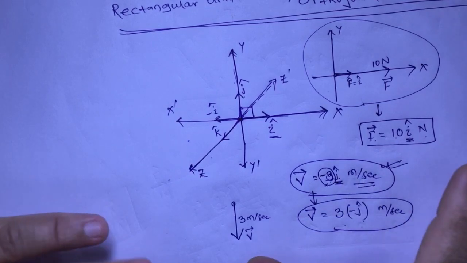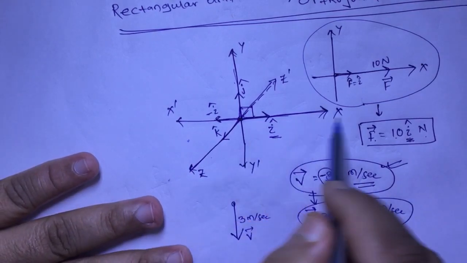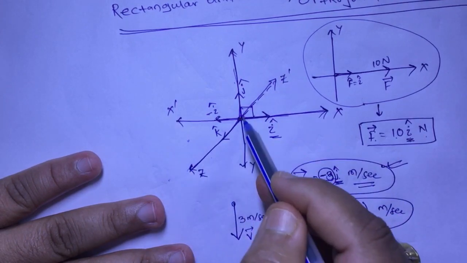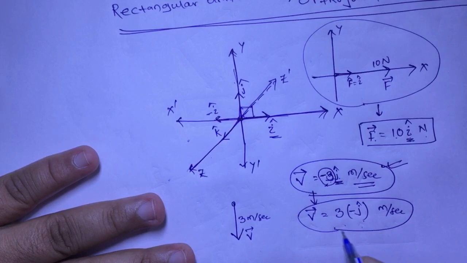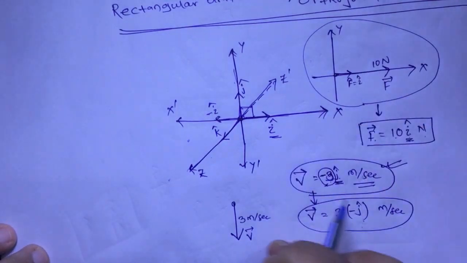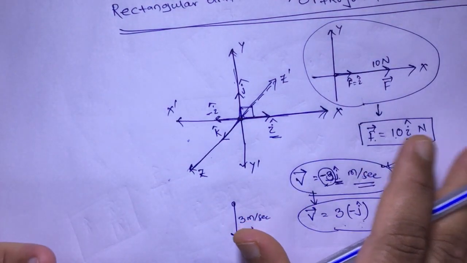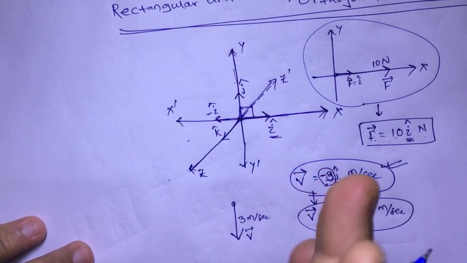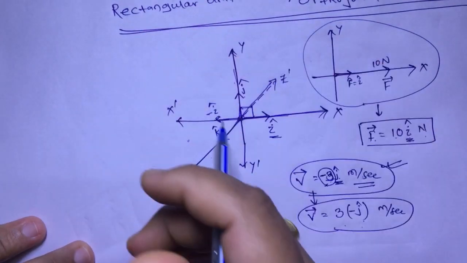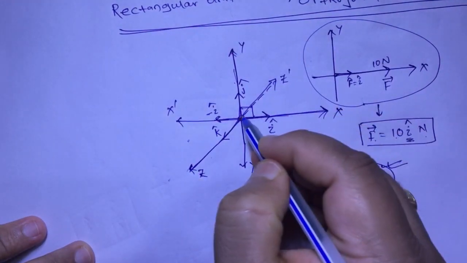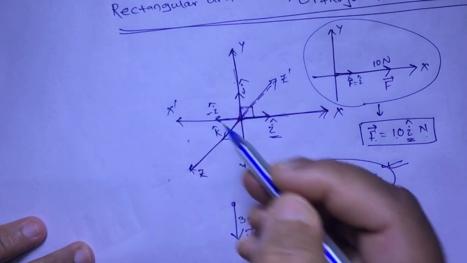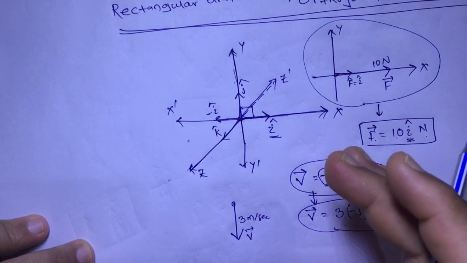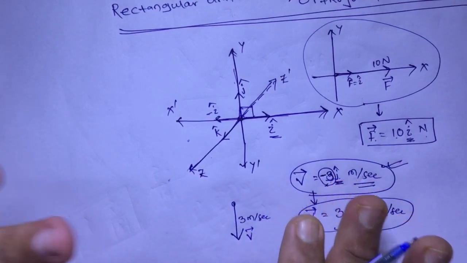So half of the aim is fulfilled. If a vector is along x, along y, along z, or along minus x, minus y, minus z, then I can simply write it in mathematical form by using i cap, j cap and k cap. Now why am I telling you that half of my aim is fulfilled? Because it is not certain that every vector will be along x or along y or along z. A vector can be here also, a vector can be here also. Then how to write those vectors? That is our next step. I think this part is clear.